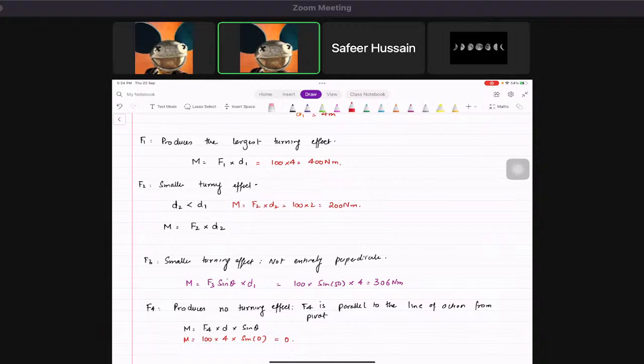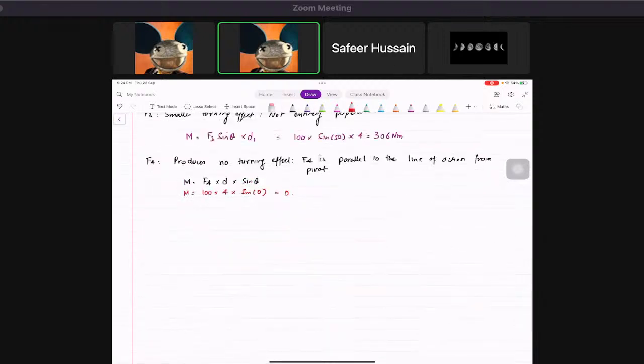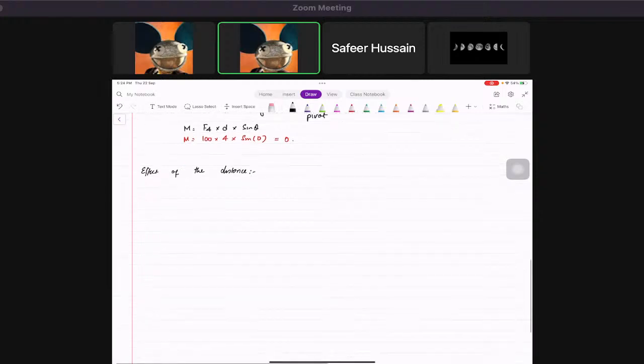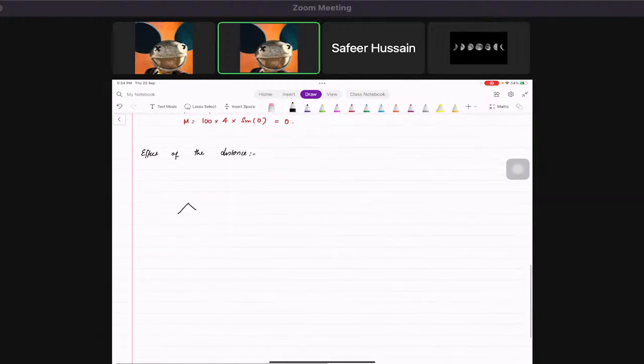And then let's check what is the effect of the distance itself now. Effect of the distance. Generally, let's suppose you want to turn a bolt on your car or something. First, you try to do it with your hands. You wrap your fingers around and try to turn. You apply a force this way, and this distance is 0.02 meters,